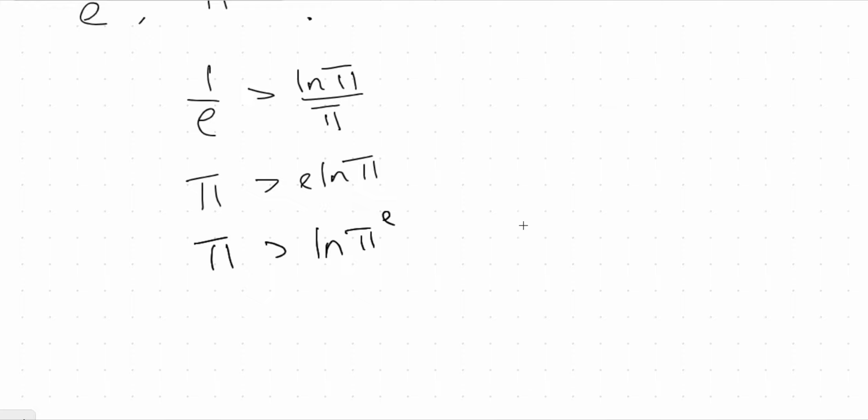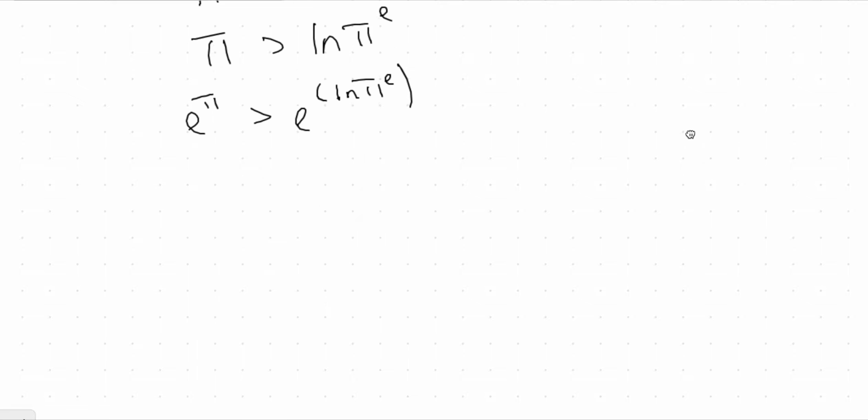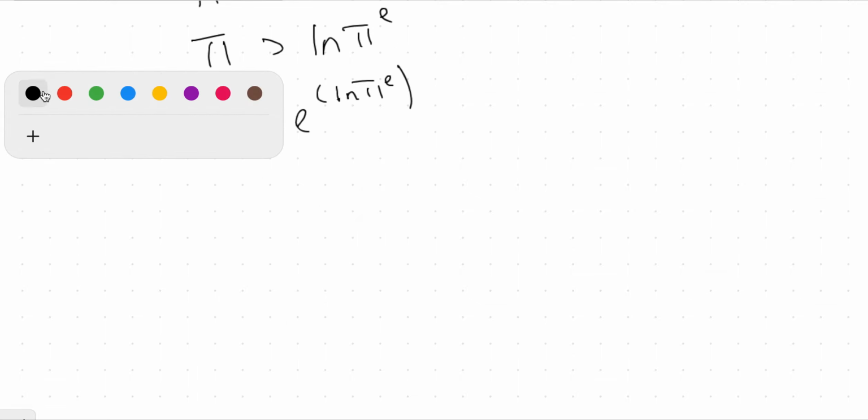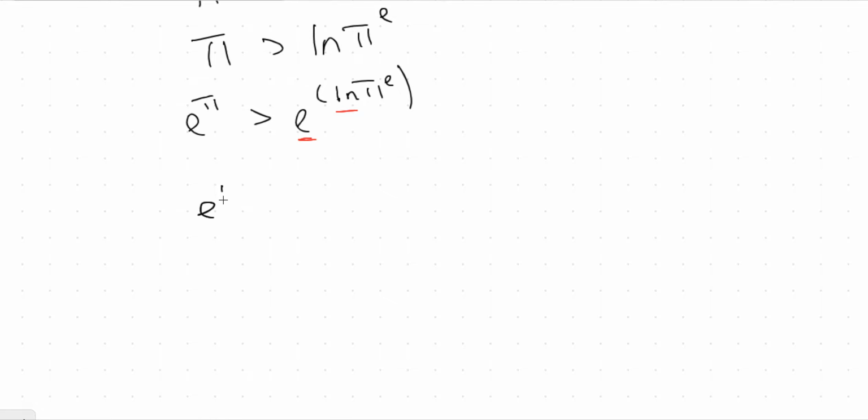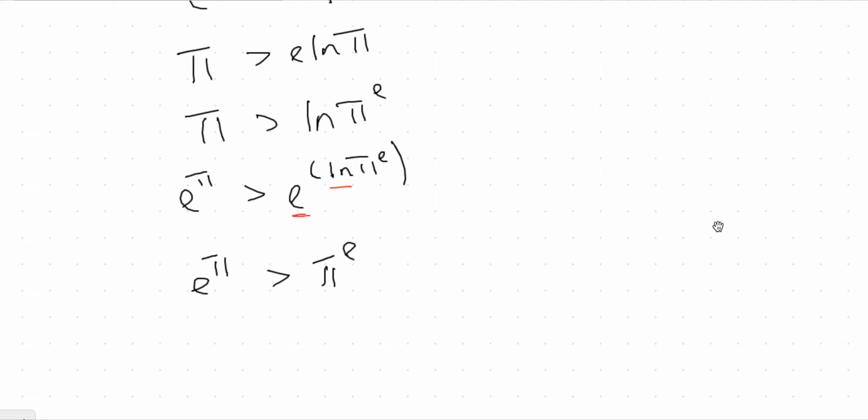And now if we apply the exponential function to both sides, we have e to the pi is greater than e to the ln pi over e. Indeed, these are inverses of one another, e and log. So we have e to the pi is greater than pi to the e. That's great. That is the answer, but we made a, well, maybe, I hope you didn't, but we made a